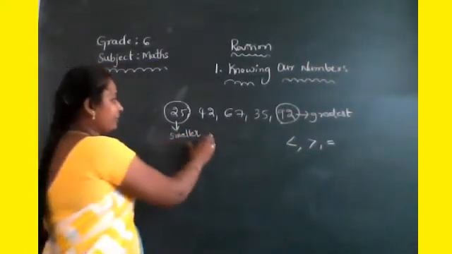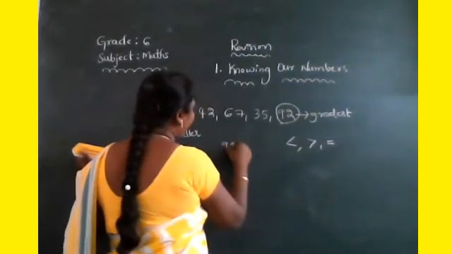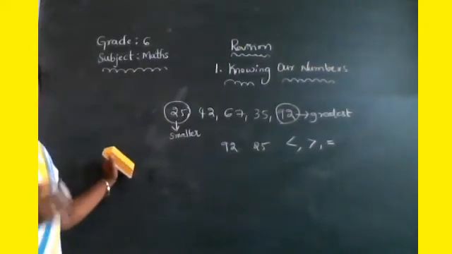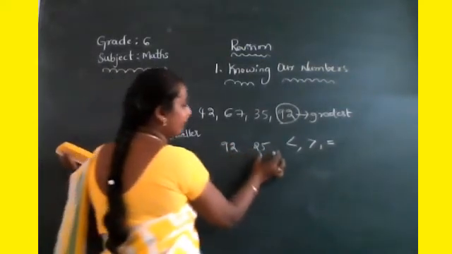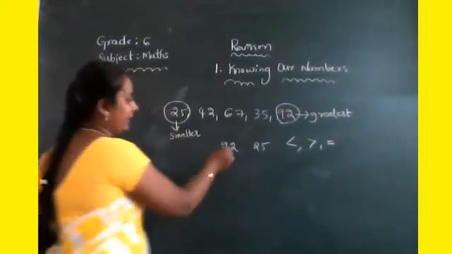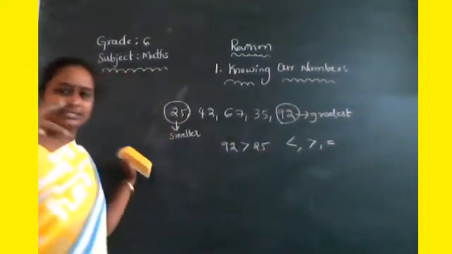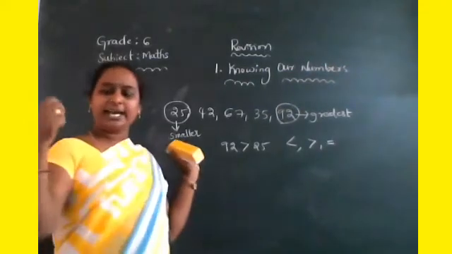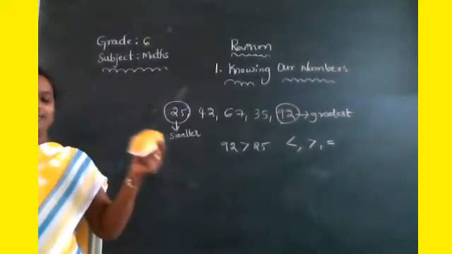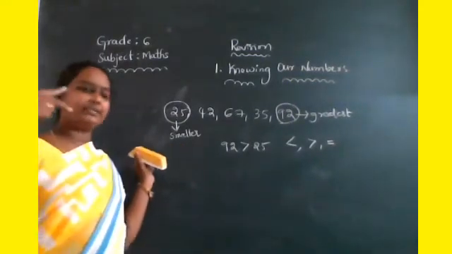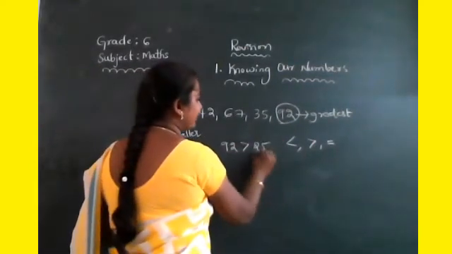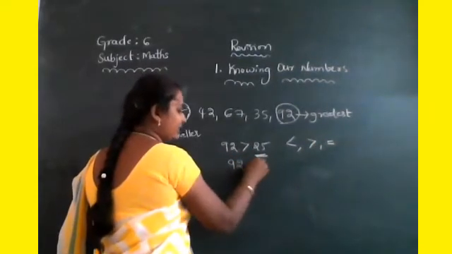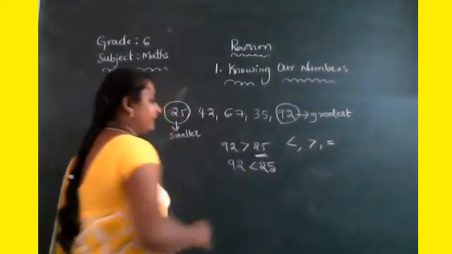Okay. So how can you represent 92 and 25? How can you compare these numbers using the symbols? Which symbol are you using to compare 92 and 25? Very good. 92 is greater. So for this symbol, the open side is always on the greater number. So this hand is always doing more work than this hand. So this one is greater than 25. Okay. So which is the smallest? 25 is the smallest. Then 92.